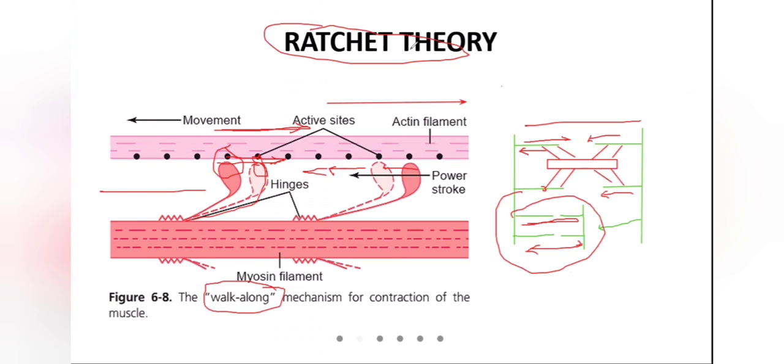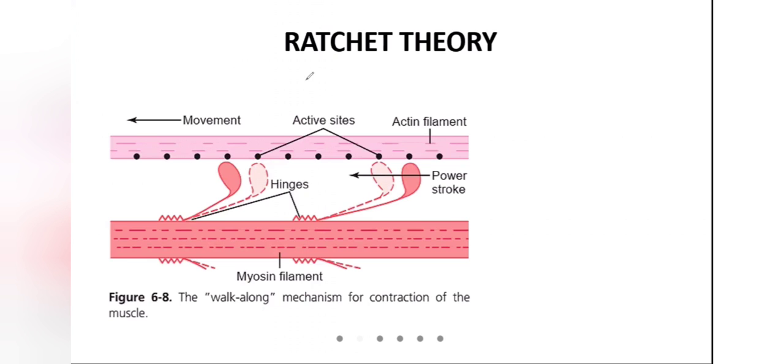So this is called the ratchet theory. Why is it called the ratchet theory? I told you it looks like a hockey bat or a ratchet. What is a ratchet? It is the tool used for screwing or unscrewing nuts and bolts. So this looks something like a ratchet. This head goes and locks itself inside the nut. In the same way, this goes and locks itself in the site. That's why it resembles this, so they named it the ratchet theory or walk along theory. The contraction of actin and myosin is explained by the ratchet theory.